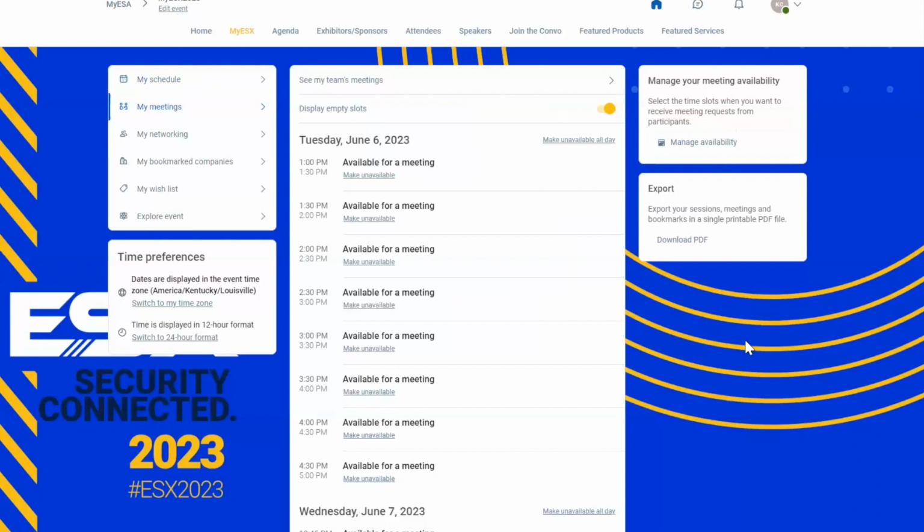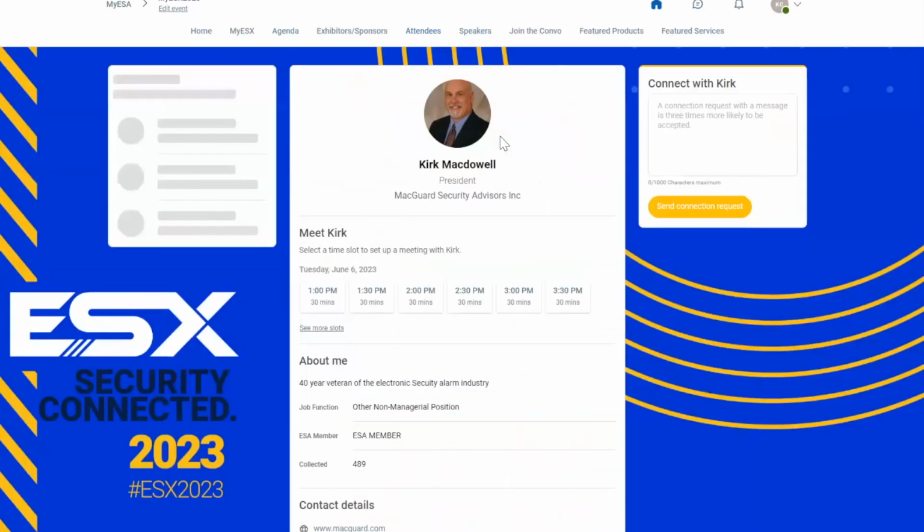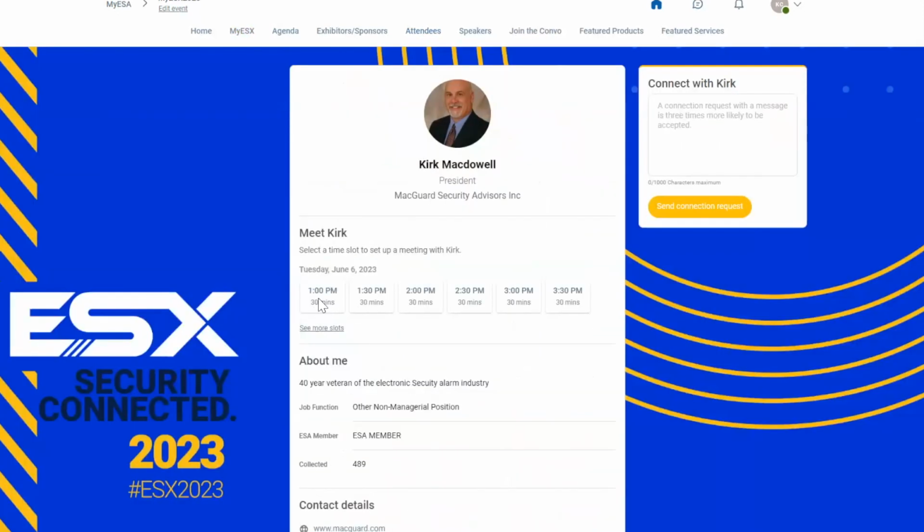And please note that during the expo, there are not conflicting ESX activities for the most part. And so this should be free time for attendees to be able to really dig in with you. So you can do that by heading into your meetings and requesting meetings with several attendees. And Kendall kind of went through that feature, but that is brand new for this year for ESX that we're